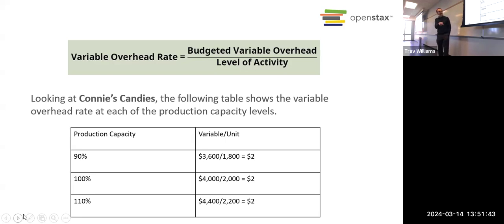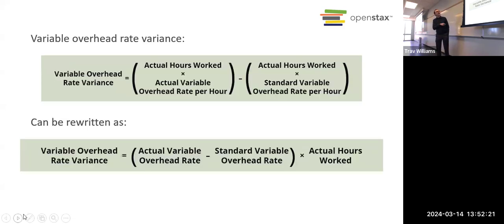Now, if their production goes down to 90%, their variable overhead goes down to 90% of what it would have been, and their labor goes down to 90% of what it would have been. And when you divide, you still get $2 per hour. And if their production increases, overhead and labor both increase by the same percentage. And when you divide, you still get the same variable rate for overhead, right? It's back to that same concept of your variable costs per unit stay the same, regardless of production. But the total variable costs change the more you produce, right? Remember that from one of our earlier chapters?